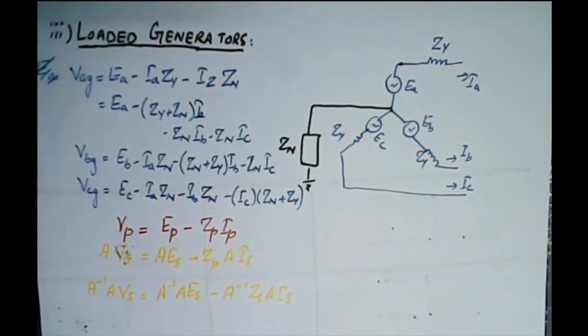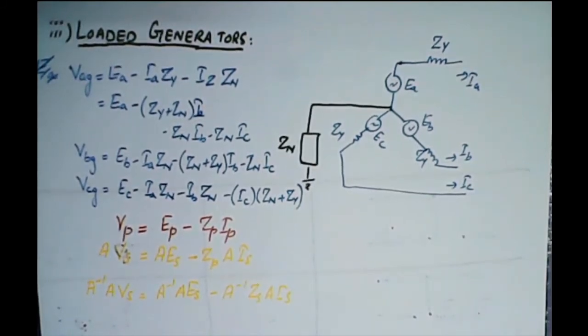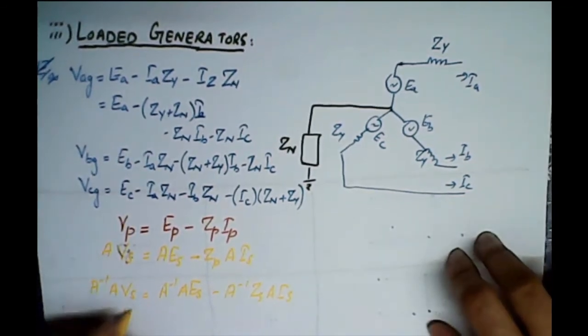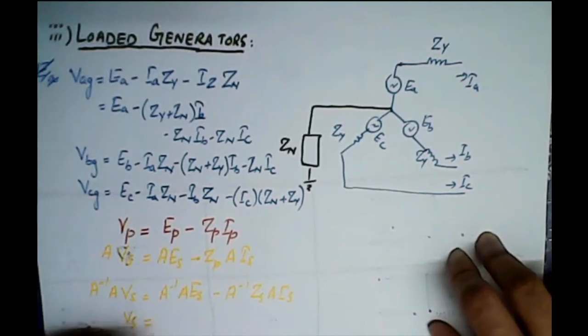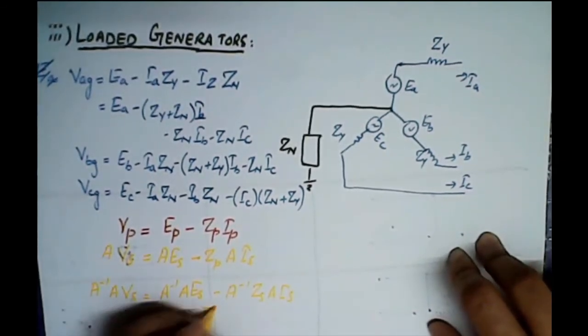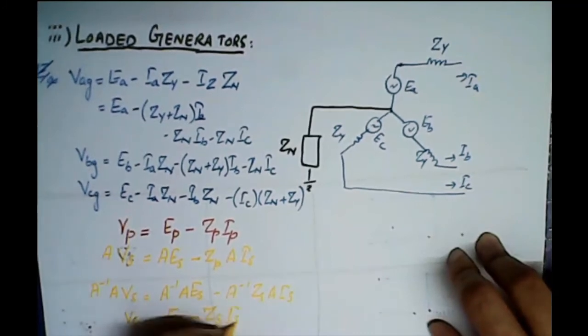A inverse times A, we already know, will be I, and I when multiplied by a matrix becomes the same. So this would be Vs equals Es minus Zs times Is,